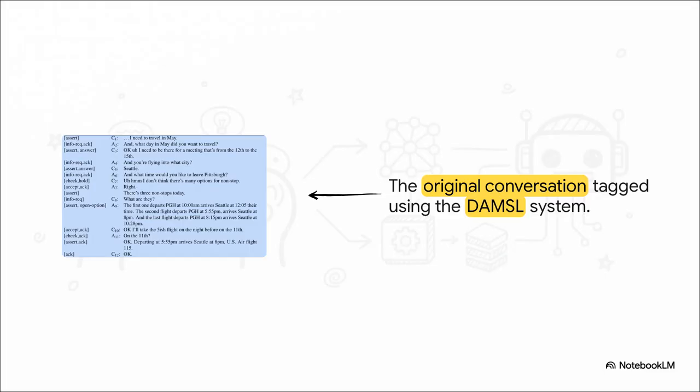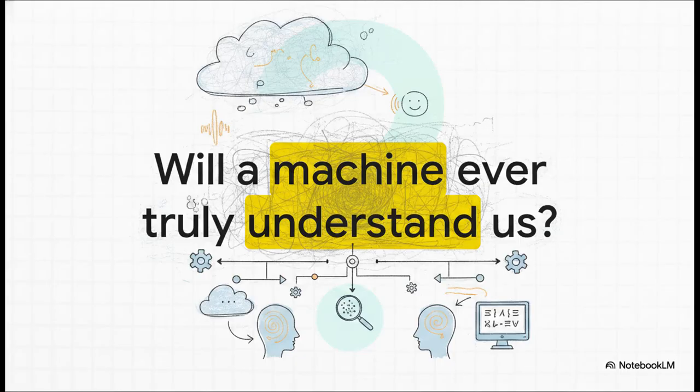And this right here is the ultimate payoff. Take that messy, perfectly human travel agent conversation we've been talking about and reverse engineer it into clean, computational data. Every single line gets tagged. One tiny utterance might be tagged as both an info request looking forward and an acknowledgement looking backward. By translating our chaotic human logic into these structured dialogue acts, an AI can finally begin to untangle the sheer depth of our interactions. Which leaves us with a pretty big question.